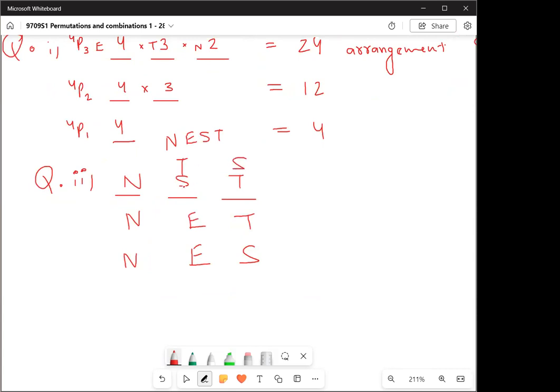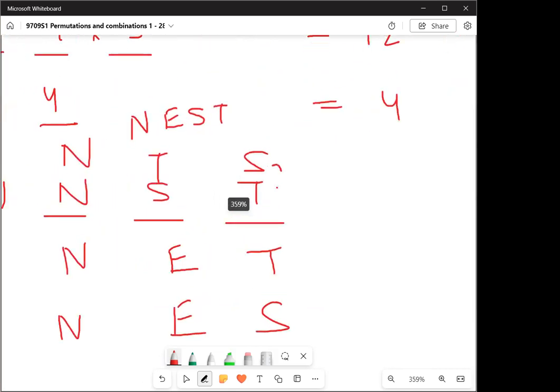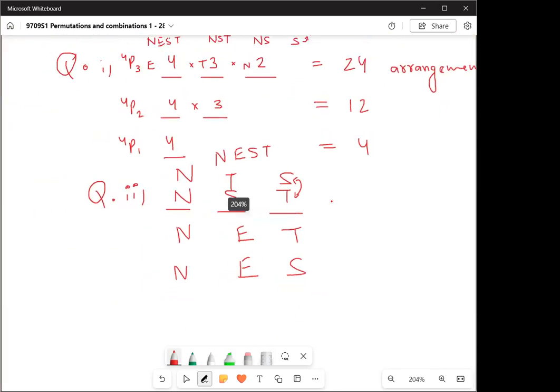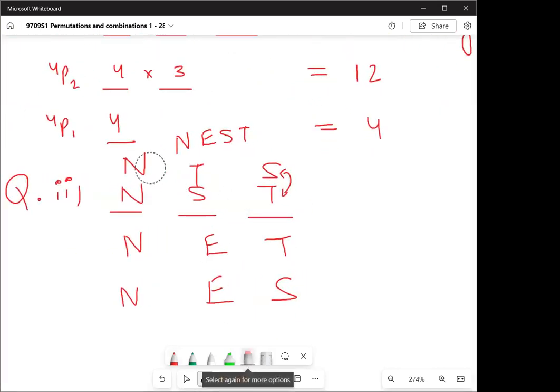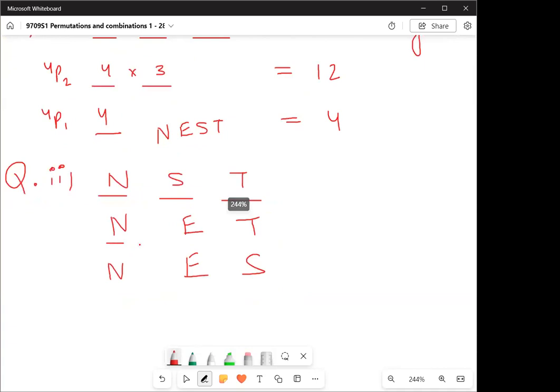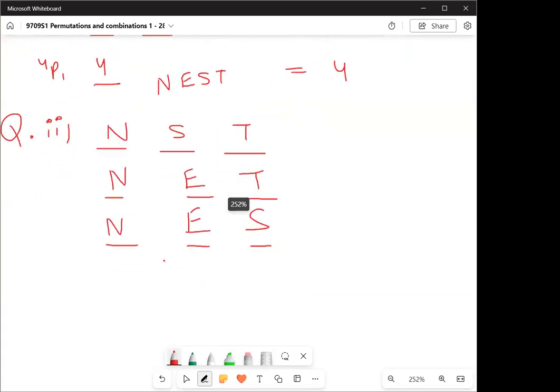NST and NTS is the same thing because these letters are the same. Arrangement does not matter in combination, right? All right. So for NST, we're trying to take different things. If you take different things, you can try more out, right? Okay. Now